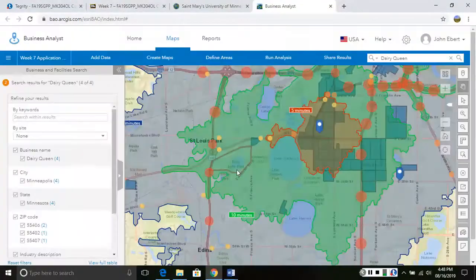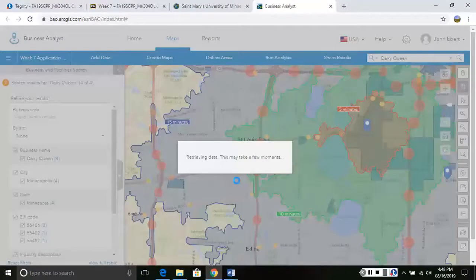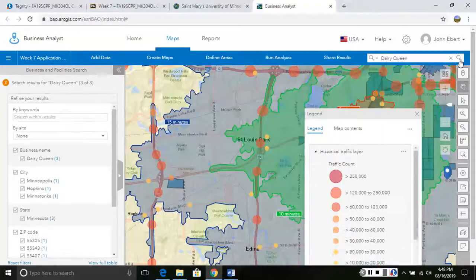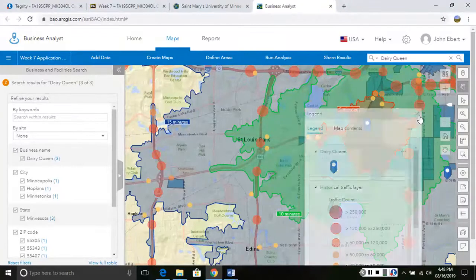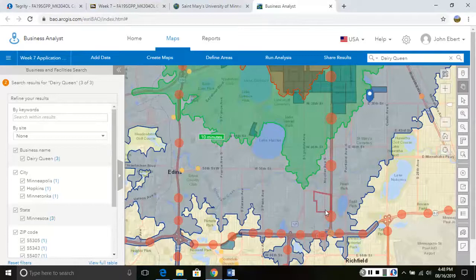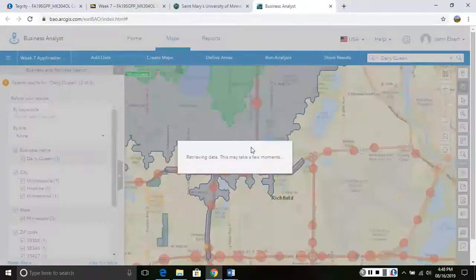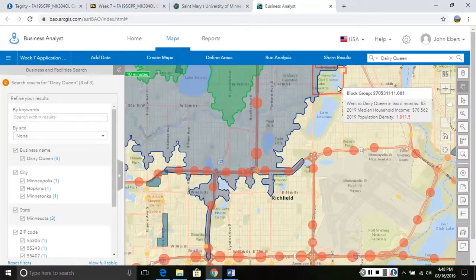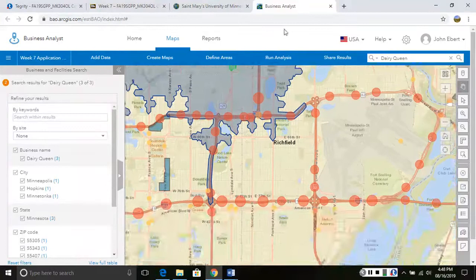If we scroll one way or the other, we might find more DQ locations. It's hard to say. Let me run another search. Some to the south. I thought there was another one that showed up down here. Maybe there aren't as many DQ locations as I thought, but